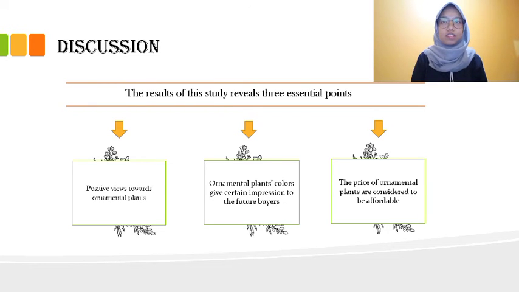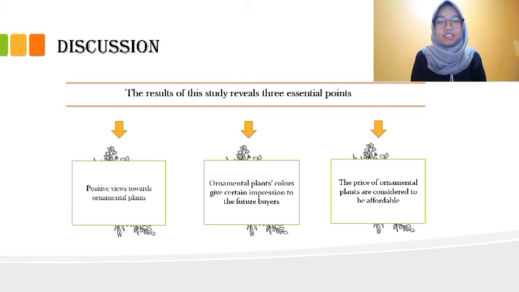The results of this study reveal three essential parts. The first one is, in terms of students' perceptions toward ornamental plants, the participants generally have positive views, such as the various types of ornamental plants, the beauty of ornamental plants, and the popularity of ornamental plants in social media, which attracts people to buy them.